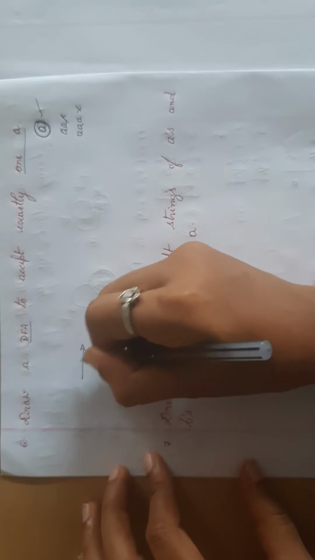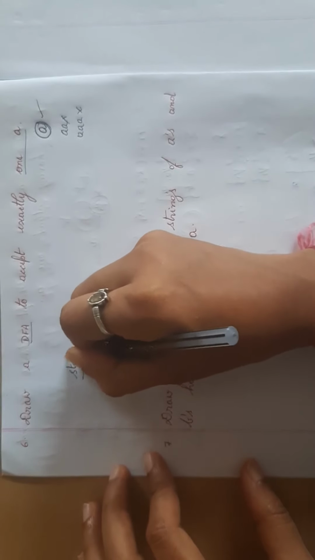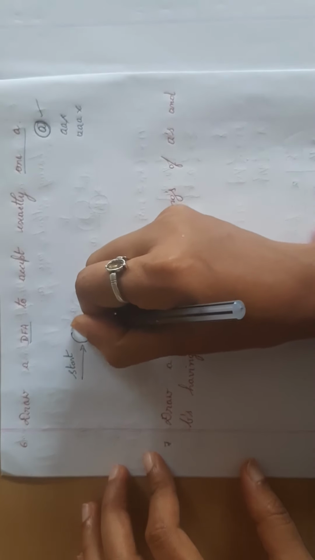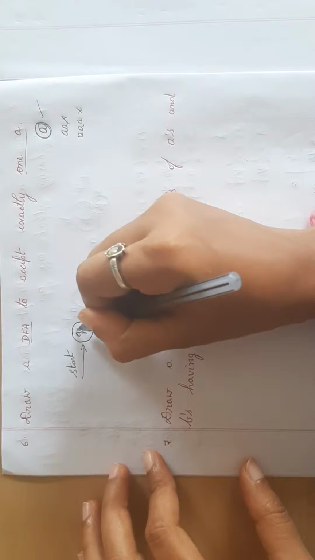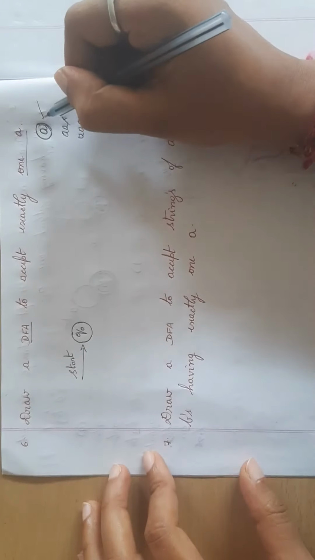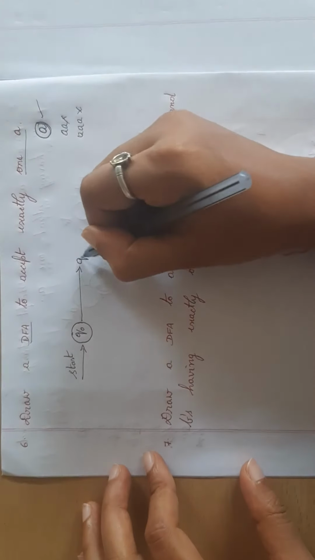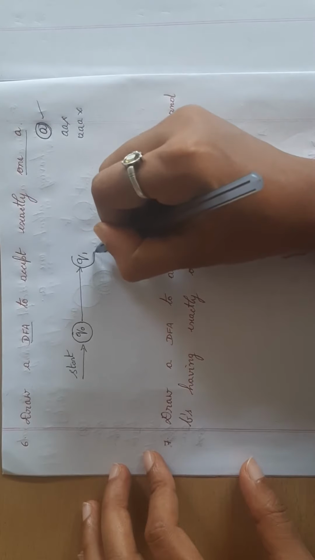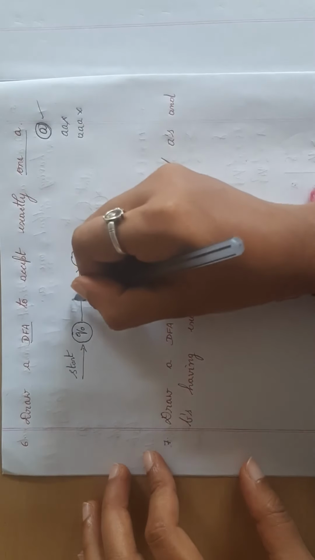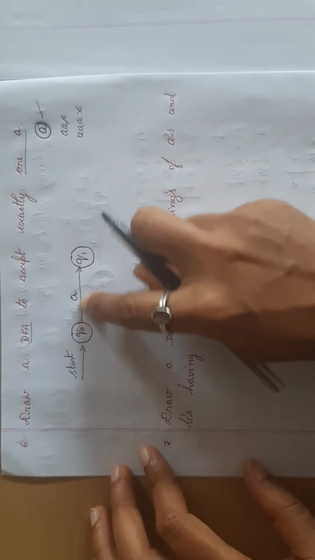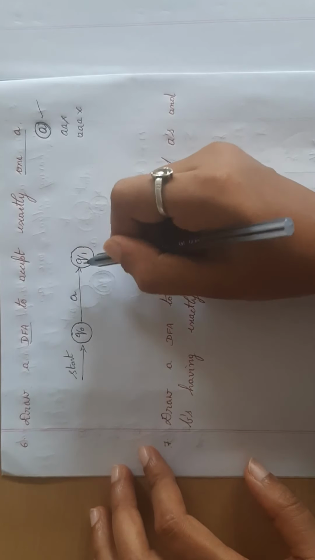Start. Draw a state. I'll name it as Q0. So what does it accept? It accepts only 1A. So I'll go to one more state. I'll go to state Q1. So what does it accept? 1A. So I'll write A. So from start, it will read 1A. So this is the only possibility. I have to stop here.